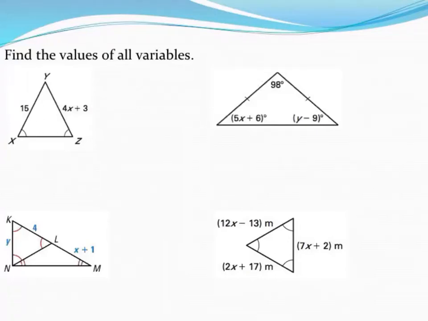Let's take a look at a few examples of different kinds of triangle problems you may encounter and talk about the different tricks or ideas that we can use to find missing variables in these problems. Now, all of these are a little bit different, so you may want to watch all the examples just to get an idea for the different things you may want to try based on sides and angles when dealing with